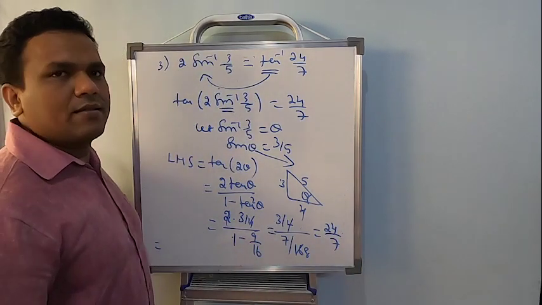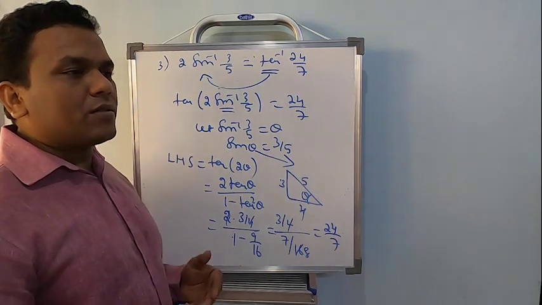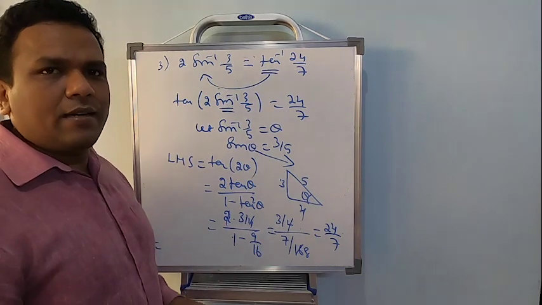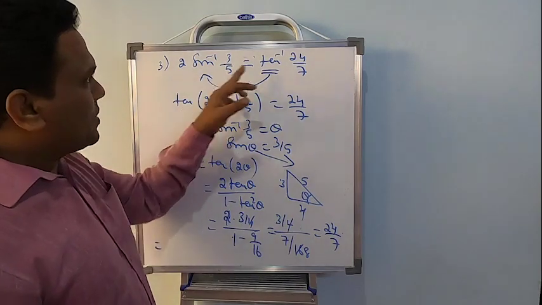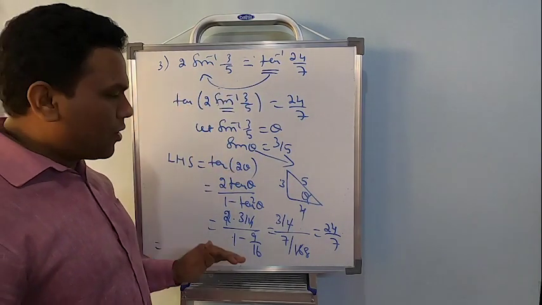That's my required RHS. Just looking at the problem you need to solve, sometimes you need to alter a bit and then start. So sometimes you can start off with LHS and get the RHS directly. Hope it's clear students. Okay. So first shift tan inverse to the left side, then make it tan 2 theta and then apply the formula and simplify.